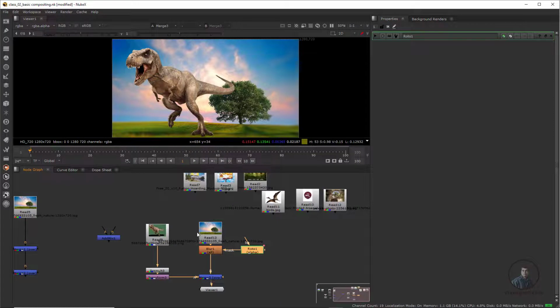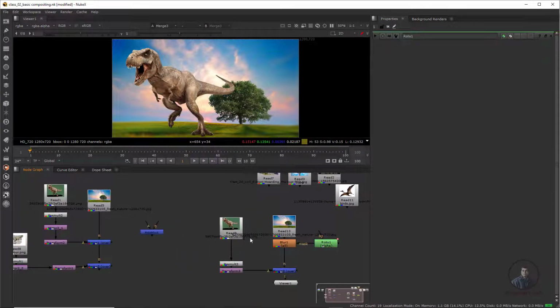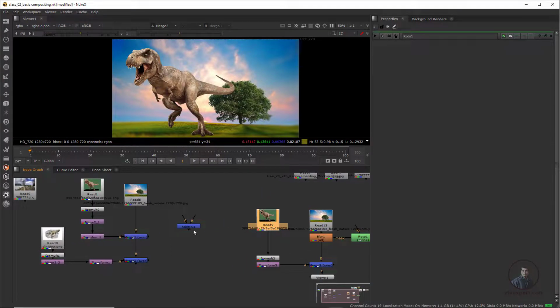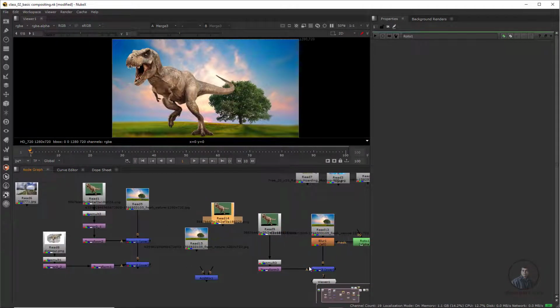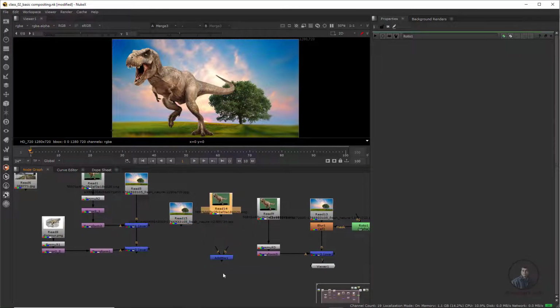Same thing, I am going to explain with this add mix. Suppose here I want to compose these two images again. So keep it here and copy, Control C. Same as the merge node, this add mix node also has two inputs. B means background, A means foreground object. But what is the main difference? If you are doing compositing with your merge node, it is important that you use a pre-mult node, or the merge node requires a pre-mult image. Then only you can compose with this merge node.